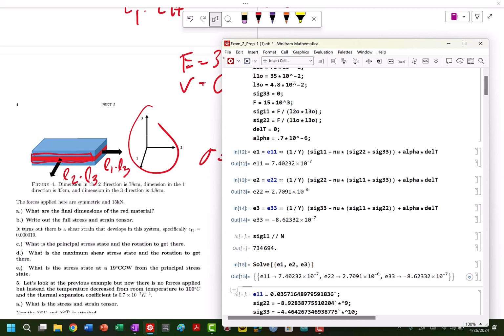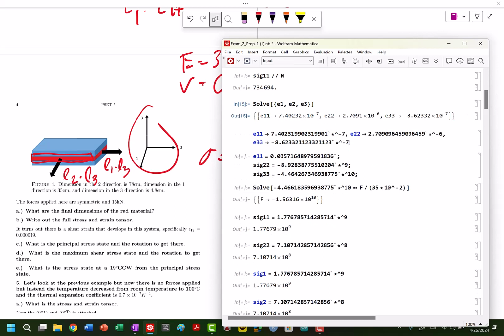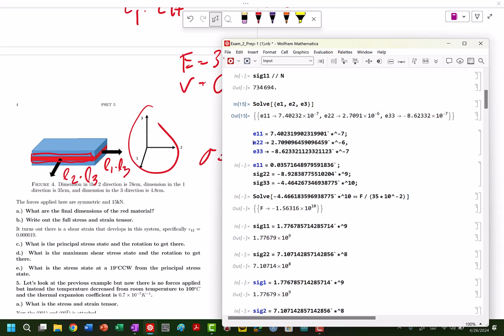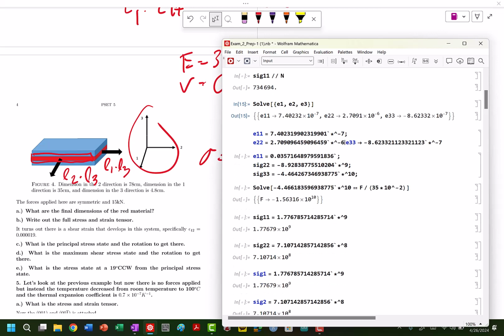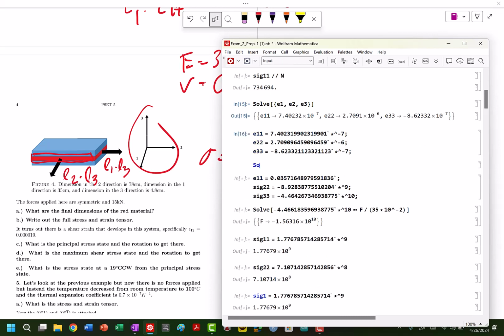Now we need to actually figure out the final dimensions. So I'm going to pull these out and let's define them here. So strain 1,1 is equal to this. Strain 2,2 is equal to that. Strain 3,3 is equal to this. And then now I'm going to solve